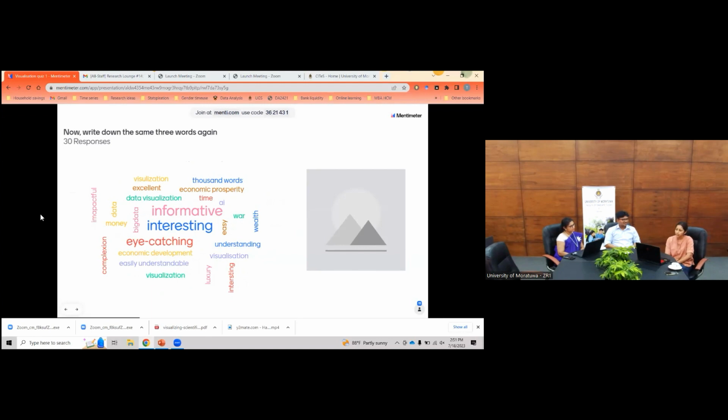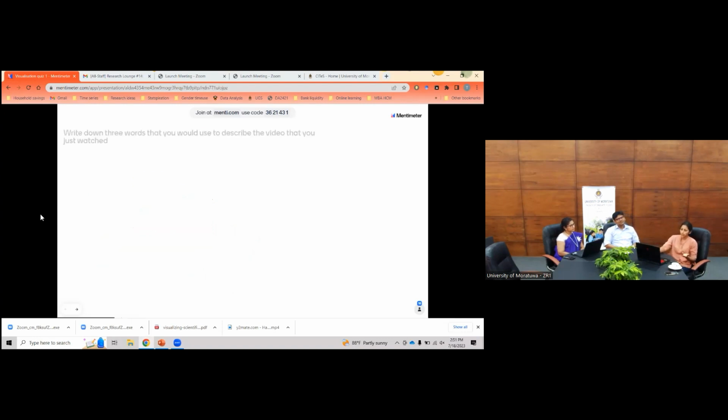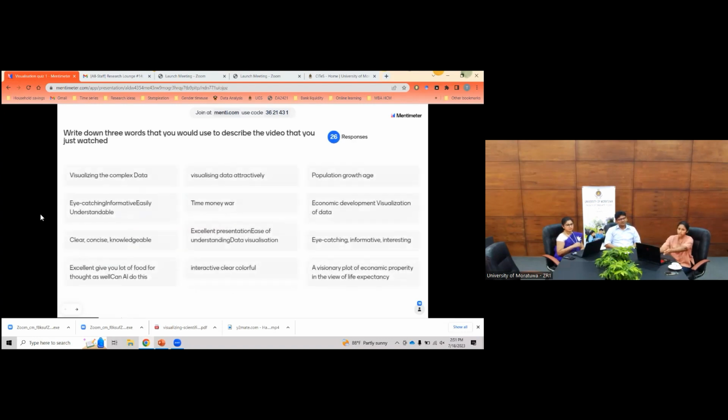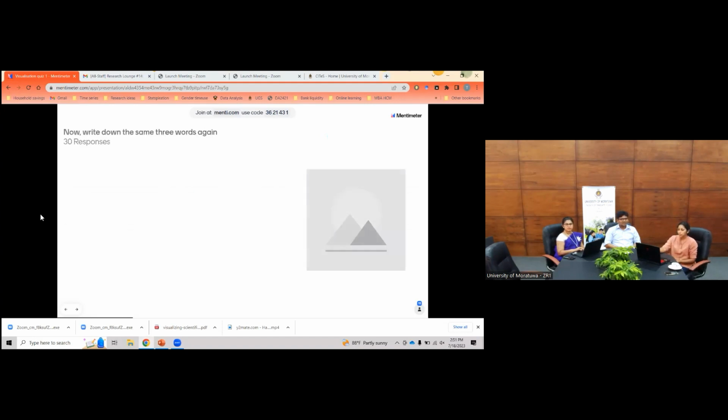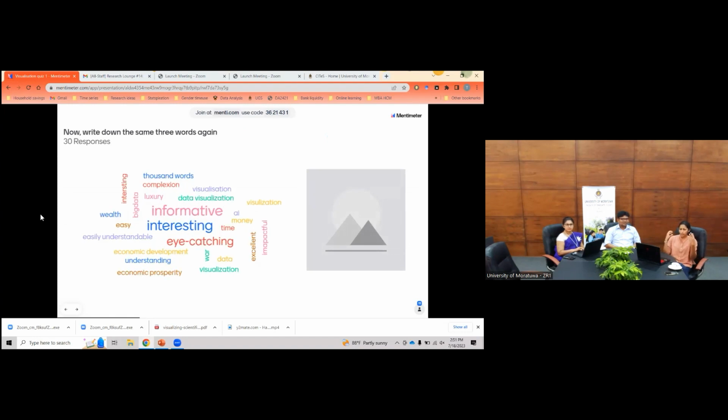This particular kind of visualization is called a word cloud, where the size of each word represents the frequency with which it's been used by the members who are responding. So words which show up bigger are the words which more people have responded with. At a glance, rather than looking at something like this, which is not actually a picture but more of a table of text, this image gives a snapshot of what more people were thinking when they saw this particular video.